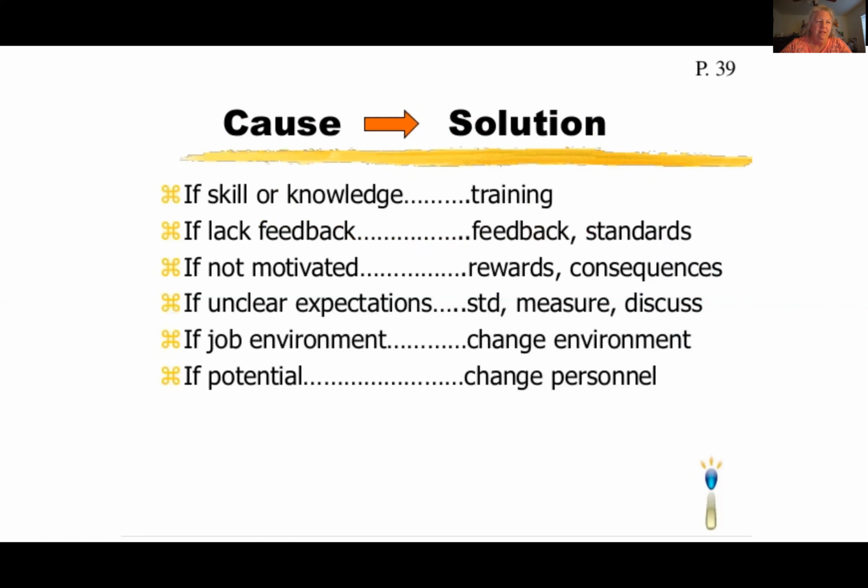Is it the environment in the classroom, or what is it? And it says, if potential, change personnel. That's, if you're in a work situation and maybe there's a combination of people that just don't click, that could be the problem too